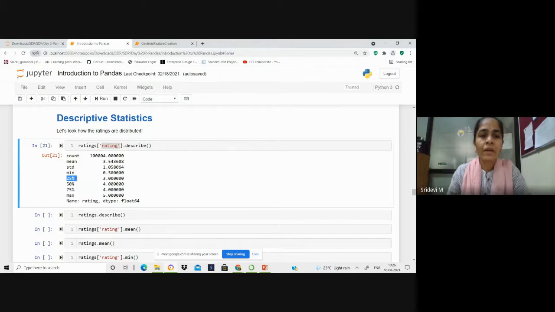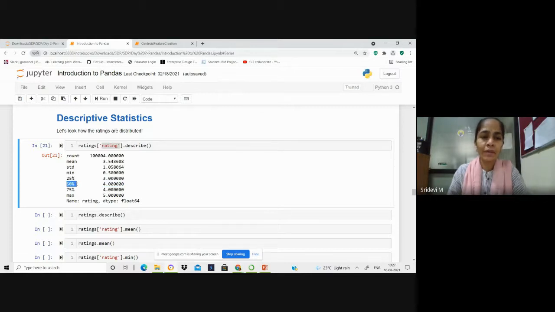First quartile means 25% of the values in this rating column lie below value 3. 50% of the values under this column lie below 4, and 75% is called as third quartile. Now 75% of the values in this column exist below the value 4. This is what we mean.